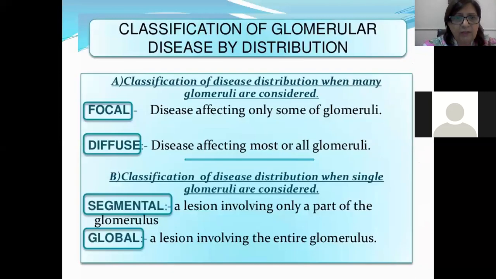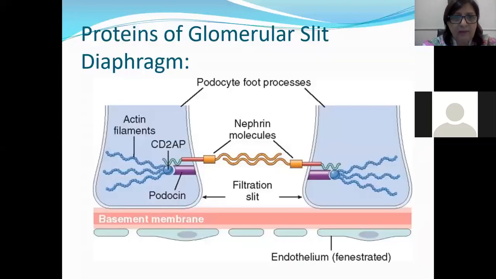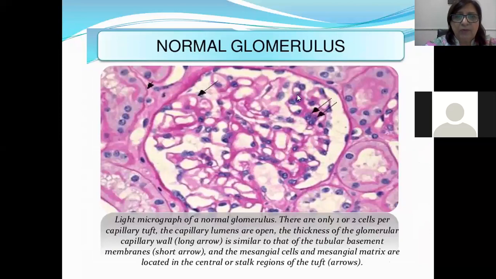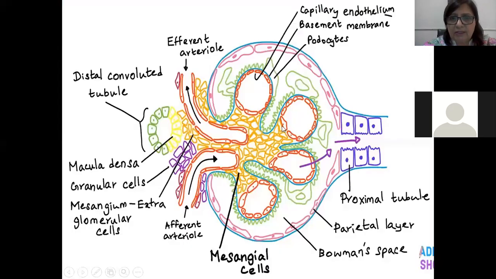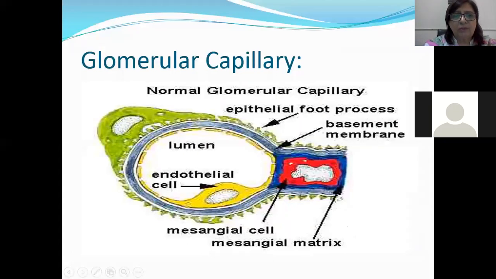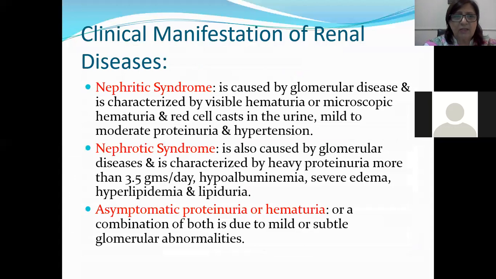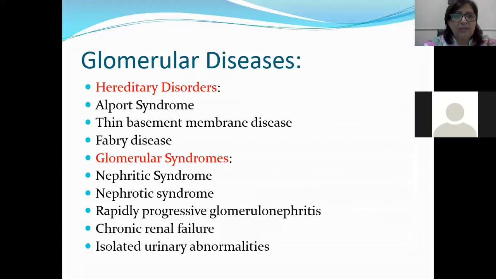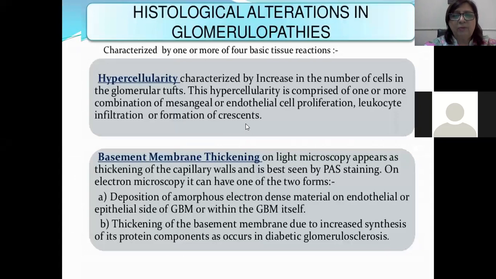So if you go back to this picture, which I explained, you can see mesangial cells present and endothelial cells present. Hypercellularity means there is proliferation of these mesangial cells as well as these endothelial cells, and influx of inflammatory cells within the glomeruli, and they will lead to an increase in the size of the glomerulus. Instead of a normal glomerulus, you can see an increase in the size of the glomerulus. So this is the hypercellularity. And formation of crescents, I'm going to explain when we do rapidly progressive glomerulonephritis.